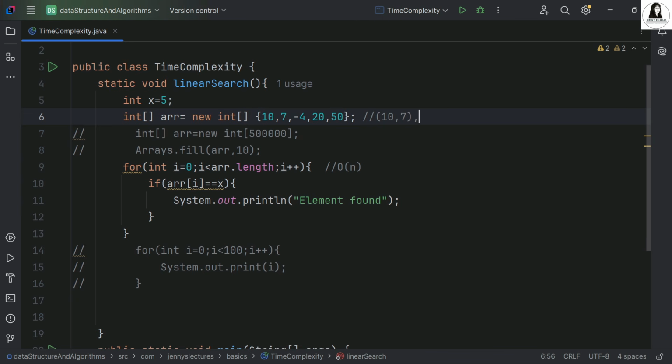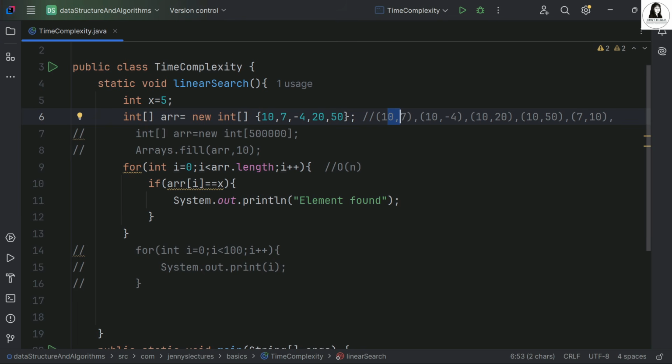Second pair is 10 comma minus 4. We have 10, then 10 and 7, then 10 minus 4, then 10 20 and 10 50. Then we take the 7, then 7 10, 7 minus 4, 7 20, 7 50. If you want to ignore this 7 10 because this is duplicate, you can ignore this also.